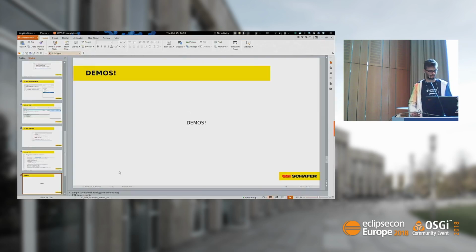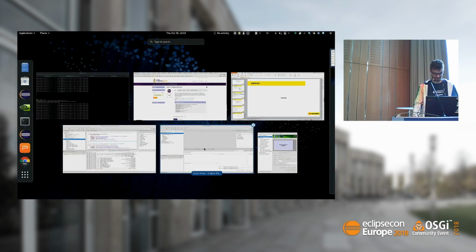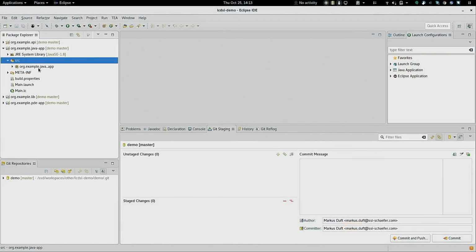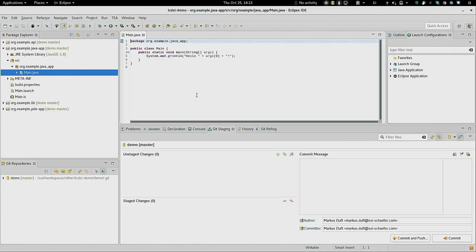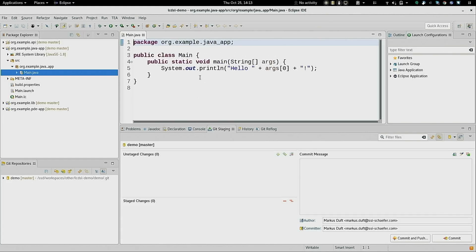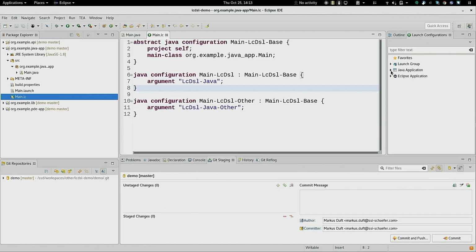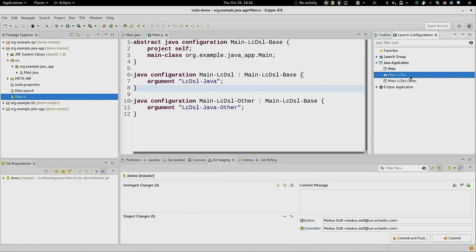Then let me switch over to an IDE and show a little bit about that. This project contains a very, very hardcore Java application. And I've prepared the launch configurations for that. As you see, this is already the sophisticated thing that I showed before with inheritance. And now I can also show you the launch configuration view that for some reason misses the